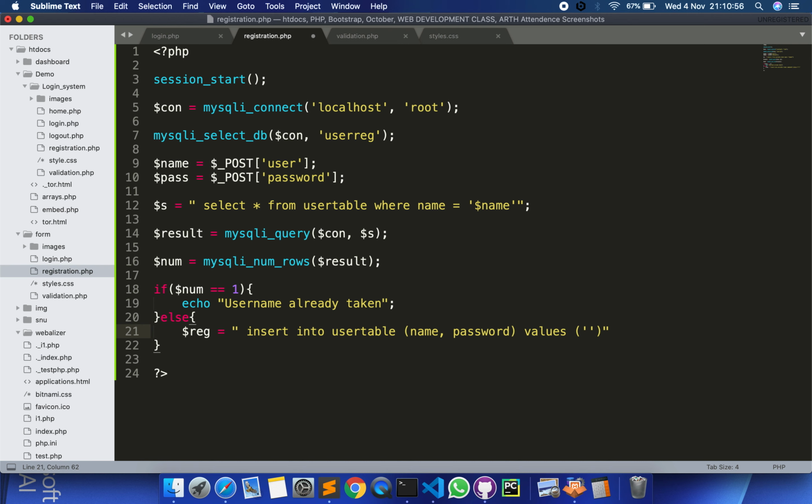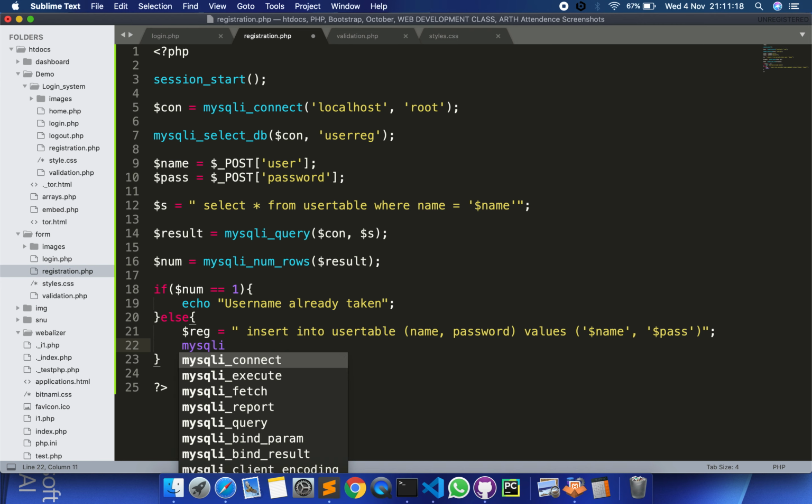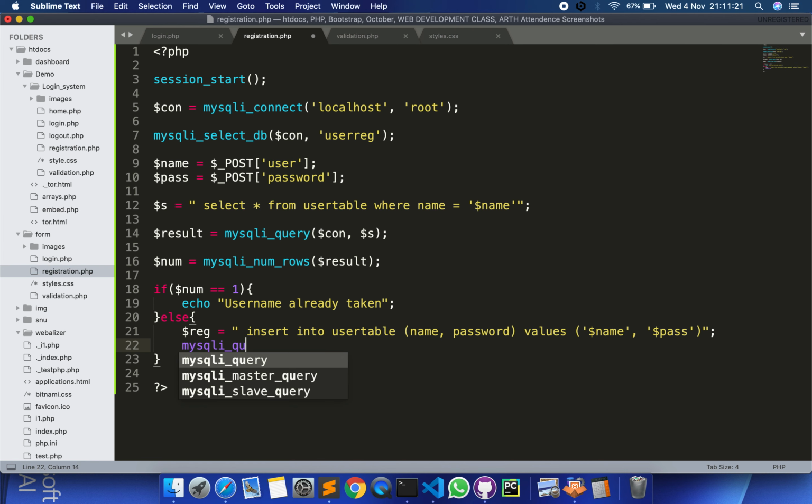So dollar name, comma dollar pass. This will be inside single quotes. And finally there are two lines that we need to write. mysqli_query, dollar connect, and we need to pass the data, dollar reg.